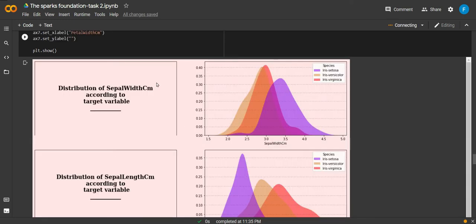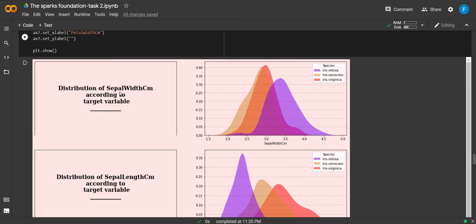In this next visualization, I have implemented KDE. KDE is used for visually representing the distribution of the data. Here, we have plotted the distribution of each feature, that is each independent variable, with respect to the species, the target variable.